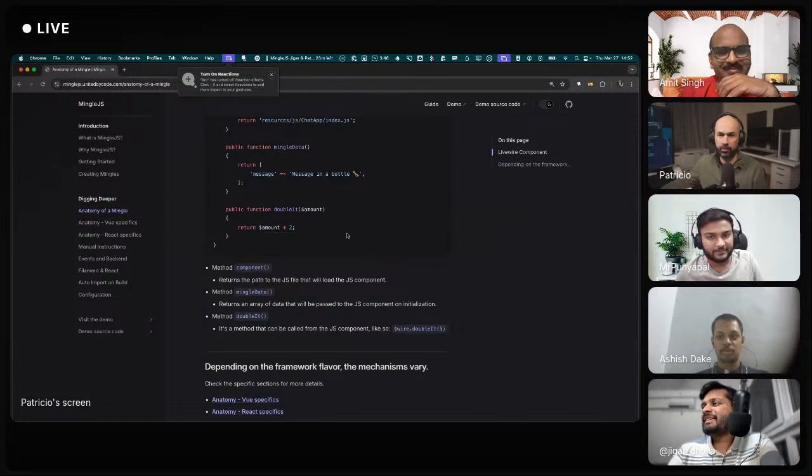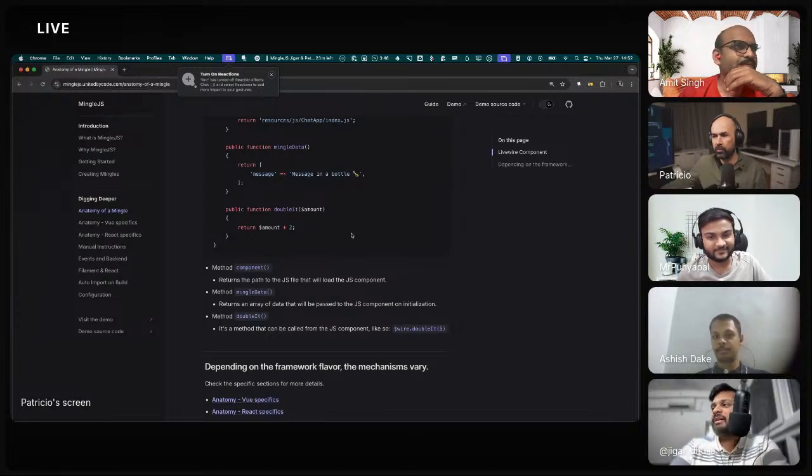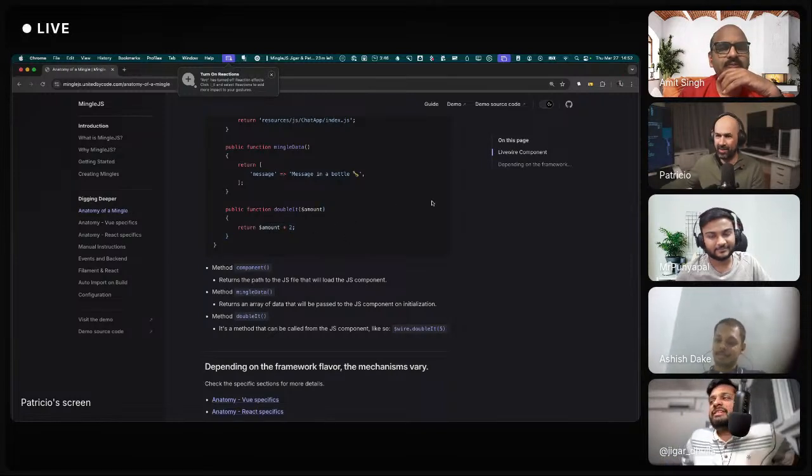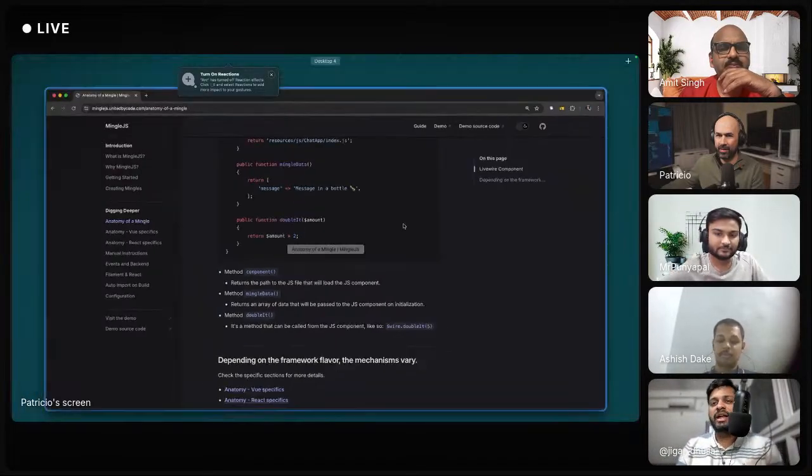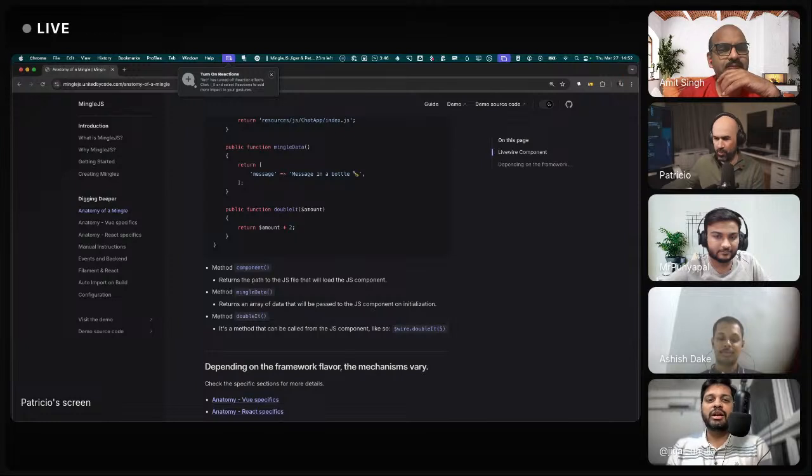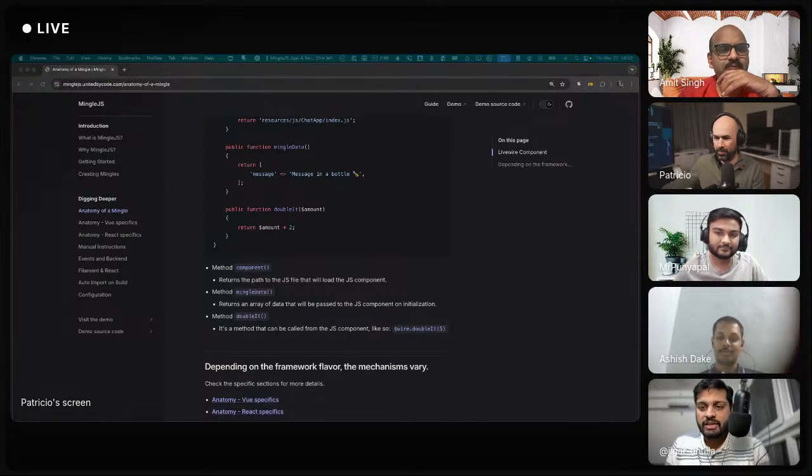Probably even after this session, I am going to try MingleJS. I think we discussed offline, one of the things I want to solve basically. I will probably discuss what I will try in the end, if we have time. But we can continue with the demo if no one else has a question.